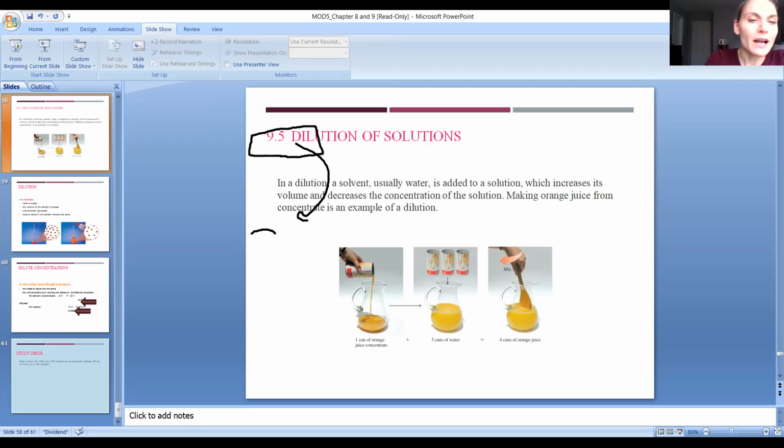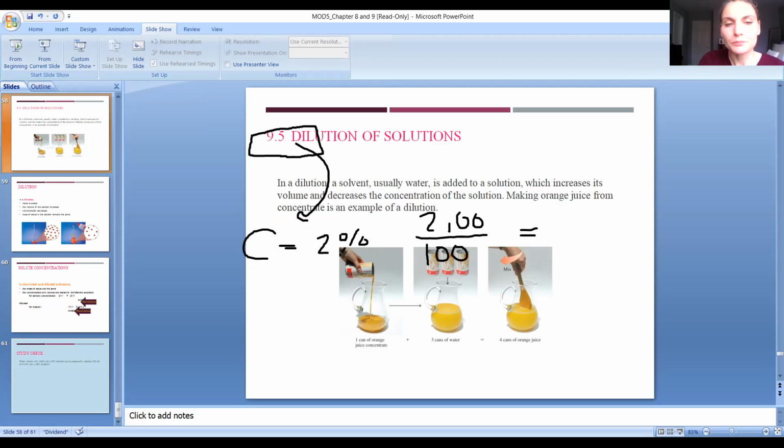So let's just call this our concentration. It's 2%. What this is saying is that we have basically 2.00 moles of our solution over 100 milliliters, or the volume of our solution. So we're just going to divide by 100 to get our number. This gives us 0.002 of the solution that we're looking at, of this molar concentration.